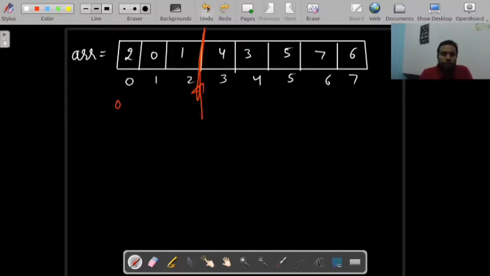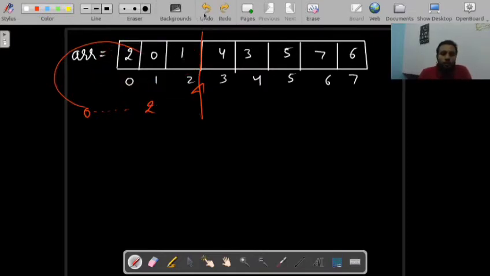So wherever we are making a chunk, that point is a special point. It means all the numbers from the 0th index up to that index, like up to 2, will lie in this range.